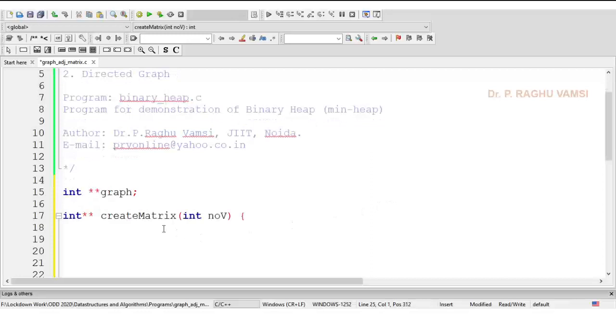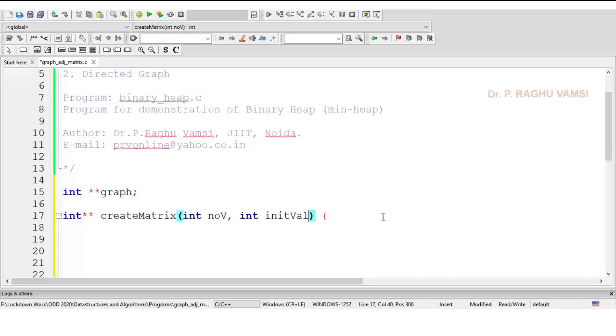Next, I am writing a create matrix function in which a matrix will be initialized dynamically, and I am going to take the parameters as int number of vertices and int init val, which is called the initialization value. The initial value will vary from representation to representation as well as algorithm to algorithm.